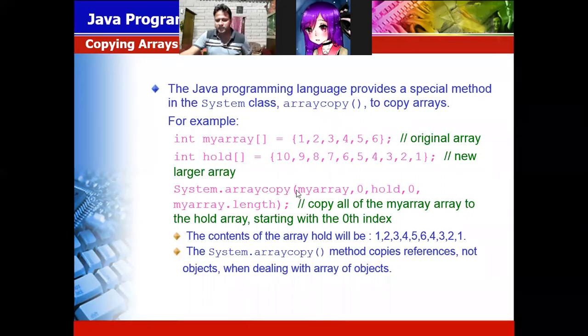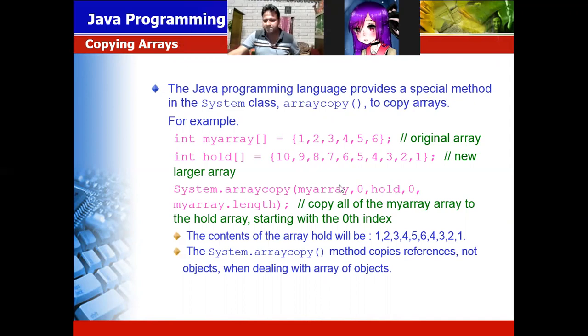System.arraycopy method. First is the source array. Source array is what? Like my array. Okay, means from which location you want to copy? You want to copy from the first location. So first location means 0. So I copy from the first location, so I give the name my array. So from my array 0 location I want to copy.